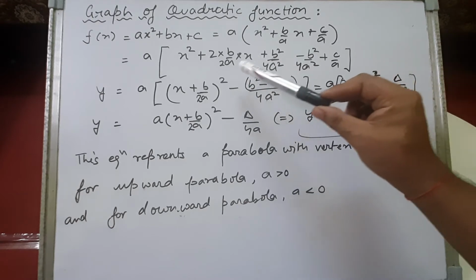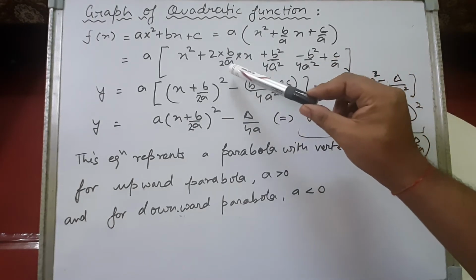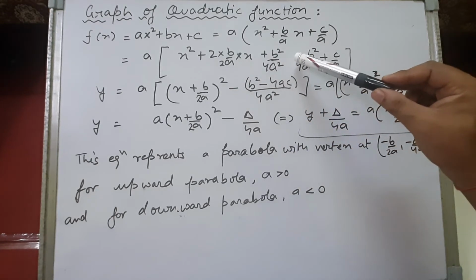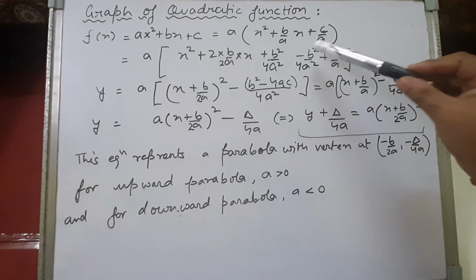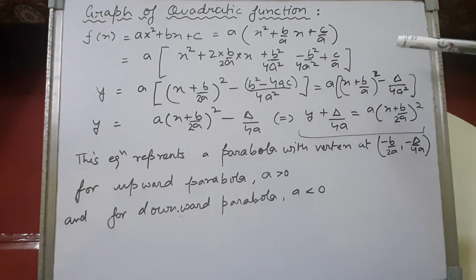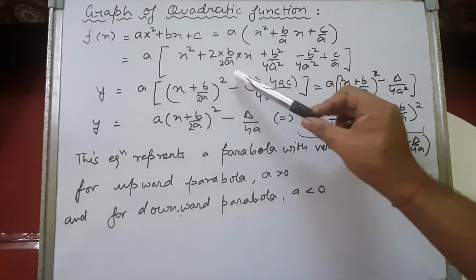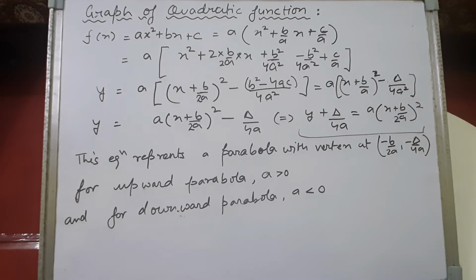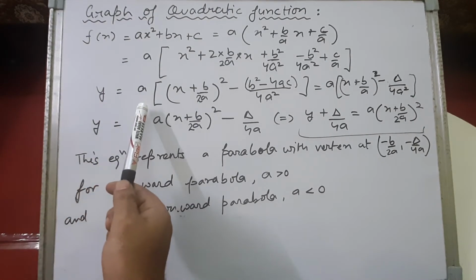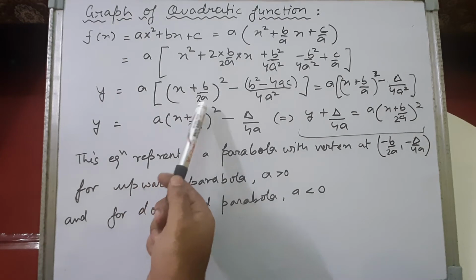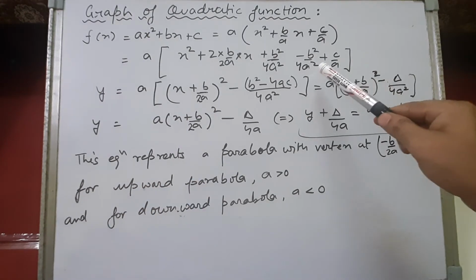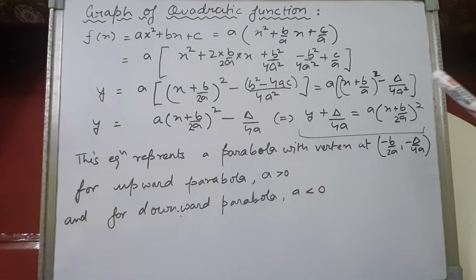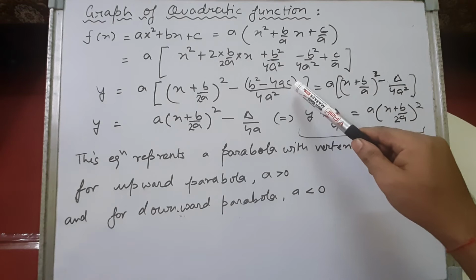Now this is a square plus 2ab written. For making a perfect square, we need to add the b square term. So I'm adding and subtracting the b square term, b square upon 4a square, minus c upon a will come here. Now you can see that these three terms have become the formula of a plus b to the whole square. So now we are going to represent f(x) as y equals a in bracket x plus b upon 2a to the whole square. On taking the LCM in these two terms, we'll get b square minus 4ac upon 4a square. So this is the value of discriminant delta.